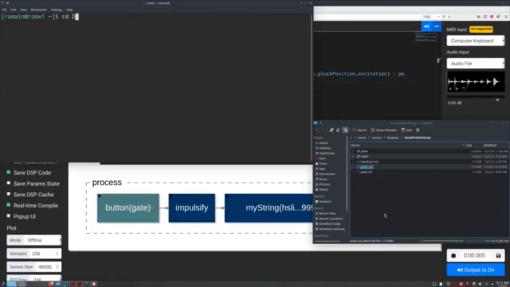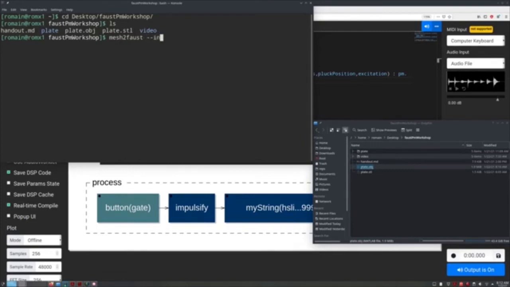Okay, so I'm going to go in the folder where I saved my .obj file, and it's the Faust PM workshop folder on my desktop. Great, and so I have the plate.obj file right here. Okay, so all I need to do now is to call Mesh2Faust. And I'm going to provide Mesh2Faust first with an input file. So I'm going to say infile, and here I'm going to use